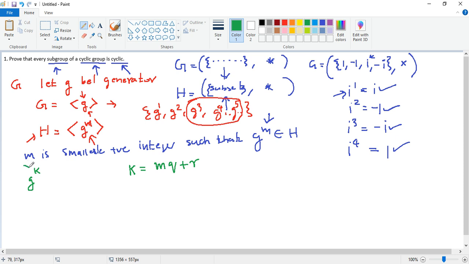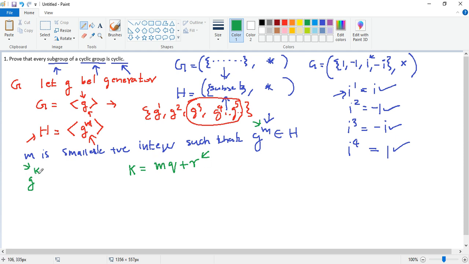So this k, I'm saying, can be expressed as some m times q plus r. So this m is the same as this m, right? So if this r is not there, then we are done with the proof, because then